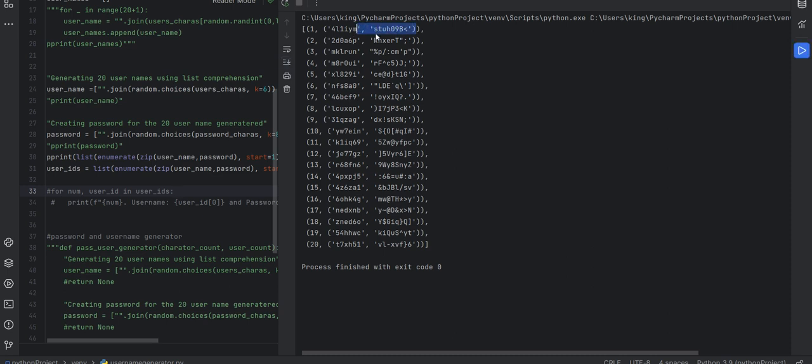When I use the for loop, I'll be able to get the number and the tuple, which is the username and the password, right? So that's what I have here, the number and the user ID, which is this. Now to get the individual ones, this one is index 0,